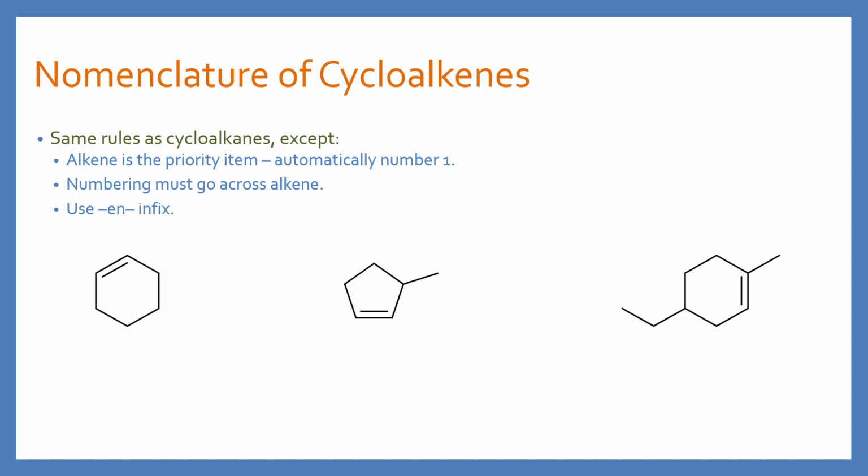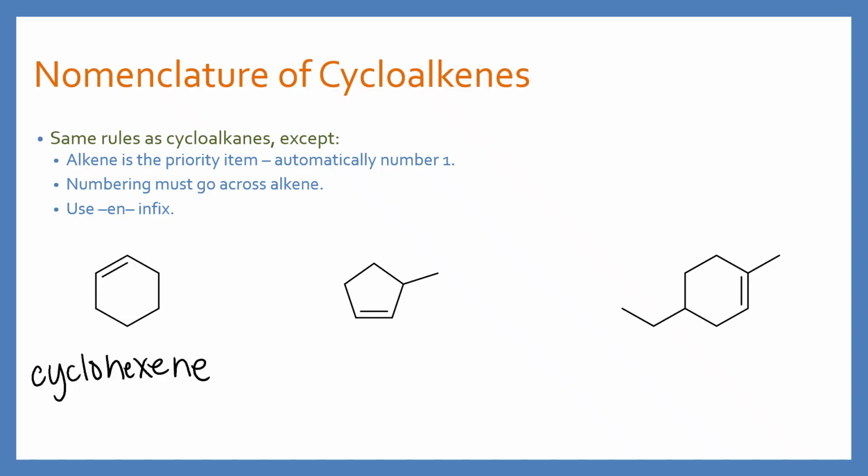The nomenclature of cycloalkenes uses all the same rules as cycloalkanes, except again, the alkene is the priority item. It's automatically number 1. If you do end up having to number an alkene, the numbering must go across the alkene. And make sure that you use the EN infix. So, for example, in this first molecule here, there's nothing else on this molecule. There's only one possible place that the alkene could be. So this one is just simply